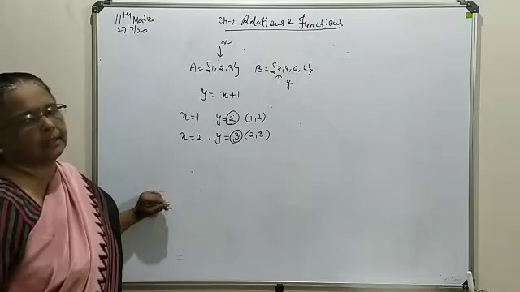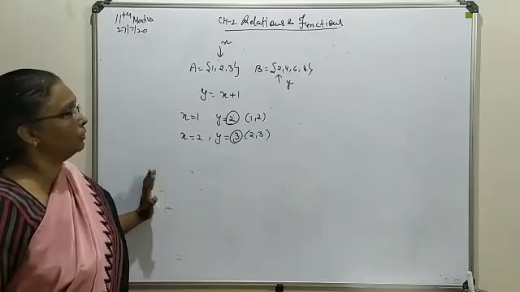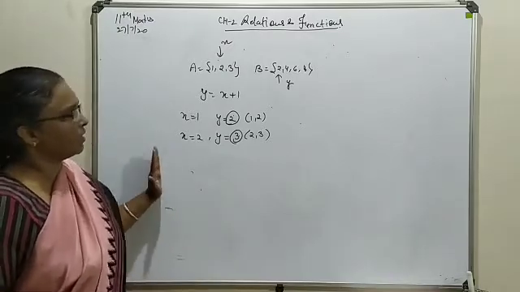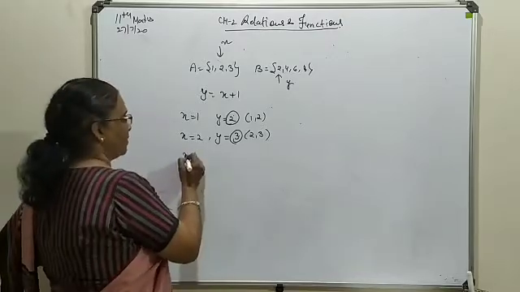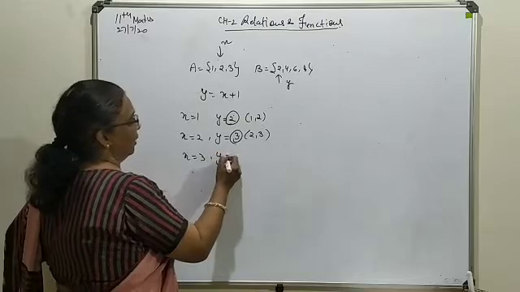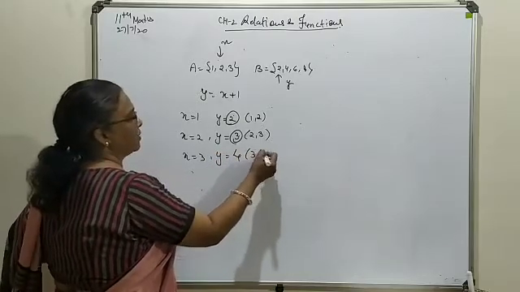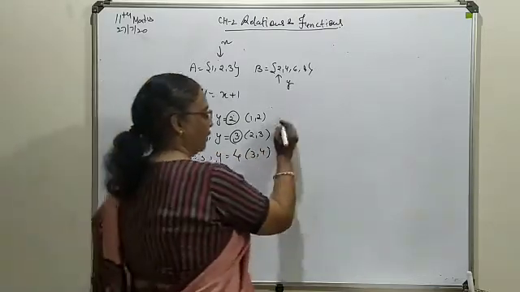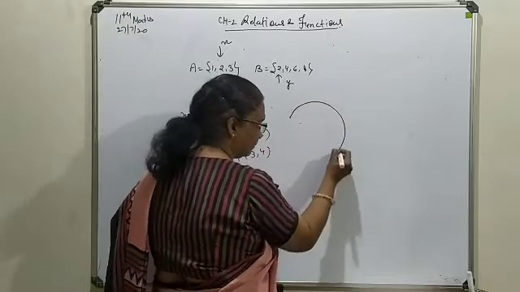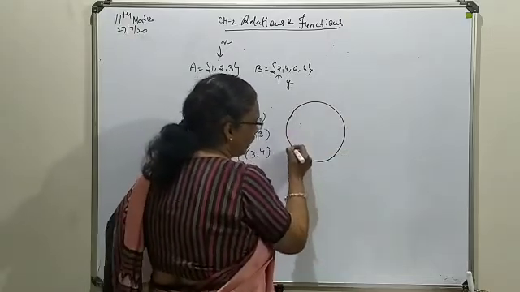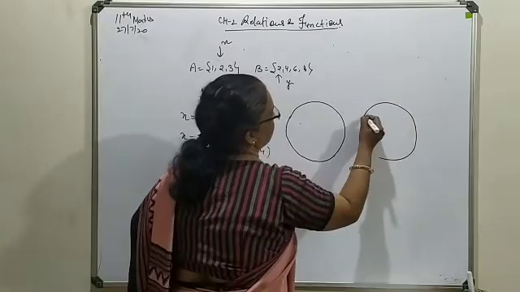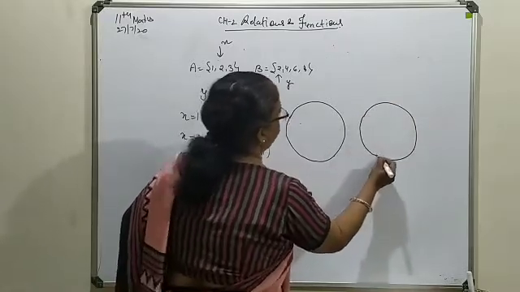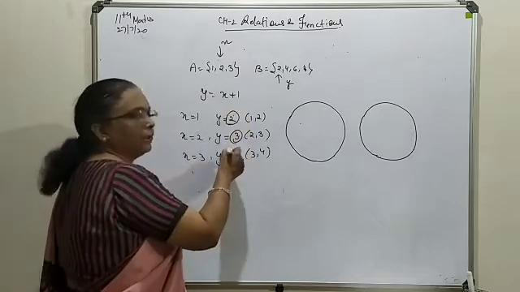There are certain criteria which are used to satisfy that a relation is in function form. For x is equal to 3, you will write 4. So here again, this is 4. Now here, we are going to draw a diagram that will give you an idea about function. So I think it will be clear to you what the images are.